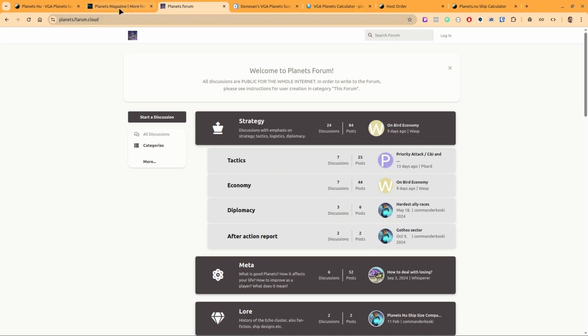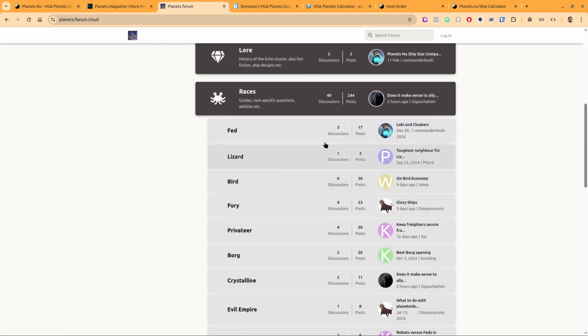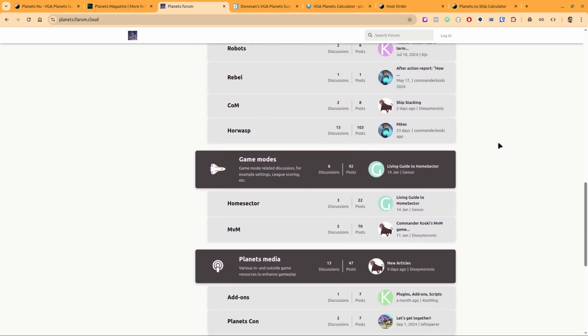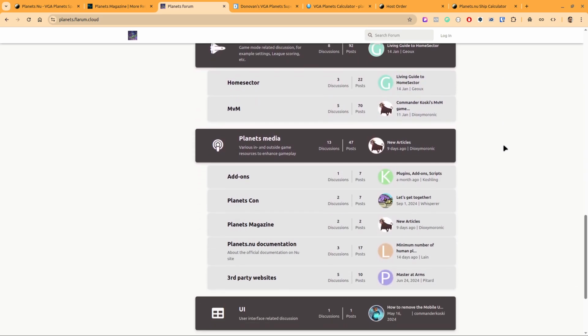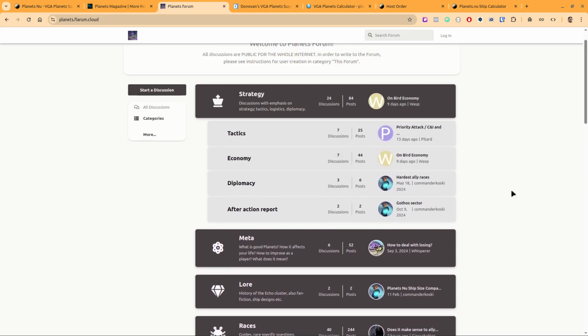planets.flarum.cloud. And here you can see strategy discussions, the meta, lore, races, and game modes and everything. And it is a really nice forum, and Koski himself is especially a very good player. So you can learn a lot from him just by reading the stuff here. As I said, it's a real